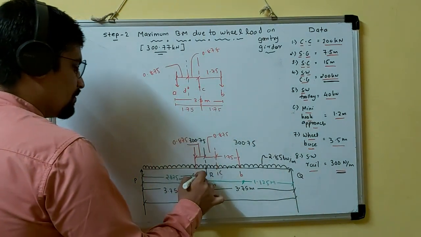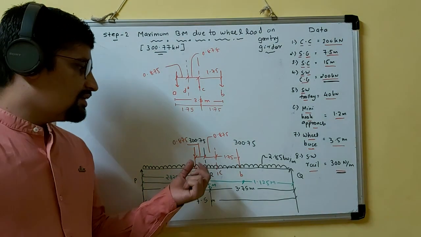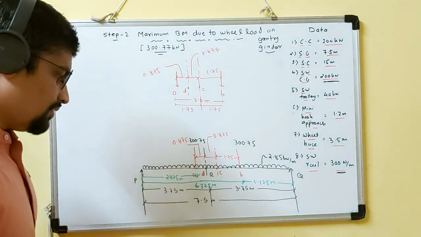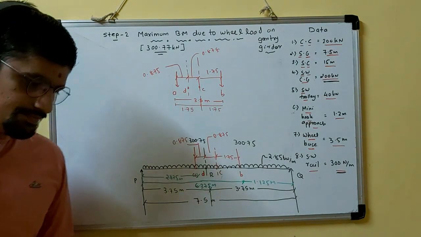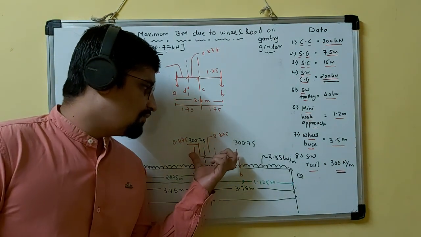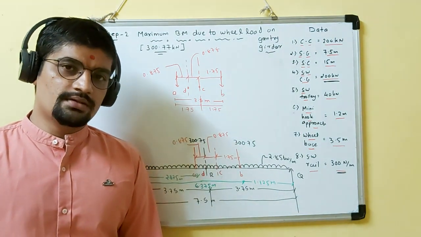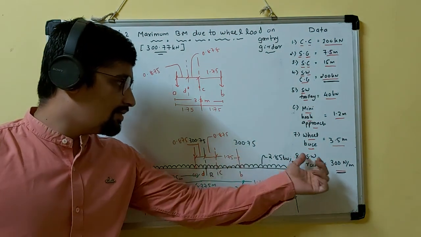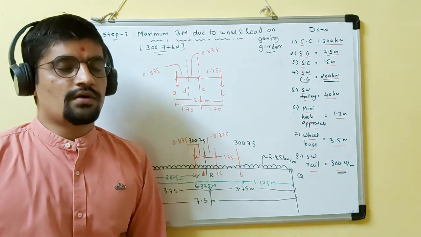I hope you all understand, because the main thing is to calculate the distance. Now the main portion is how to draw the figure of the bending moment. Now the main question is, if the wheel base we have given is 5 meter, then the other end will go outside the beam. At that time what to do?